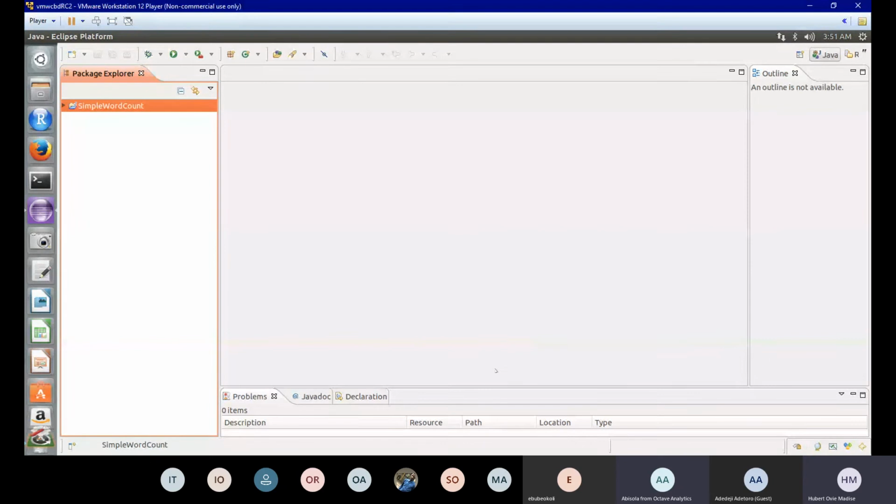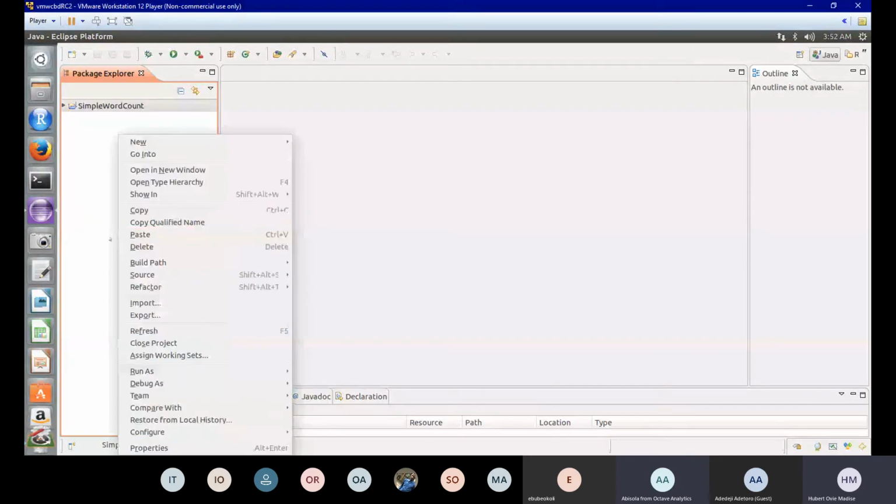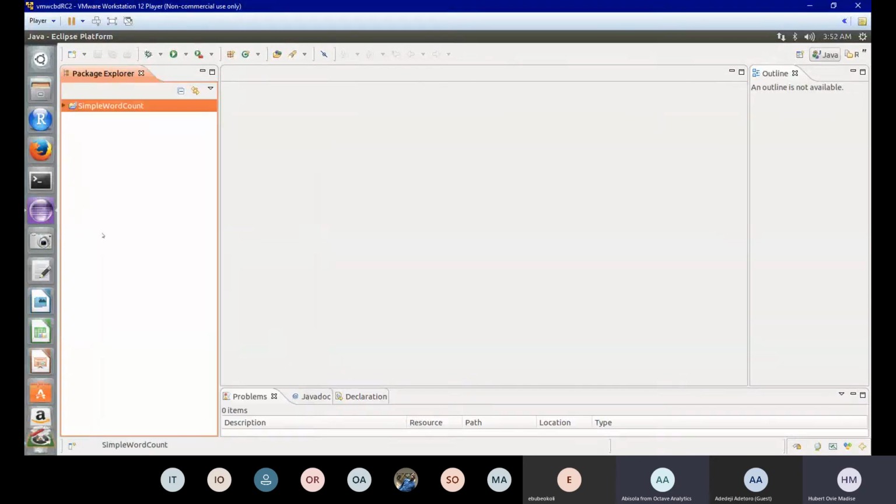So let's continue. You're asked in 11 to expand the simple word count project and delete the SRC folder. So go to your project. There's an arrow icon just at the back of that simple word count.